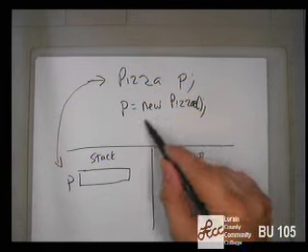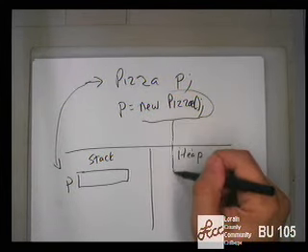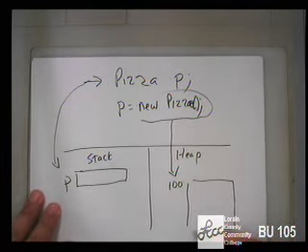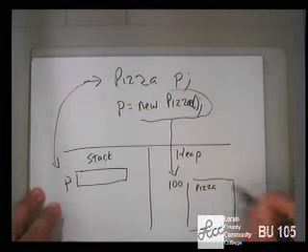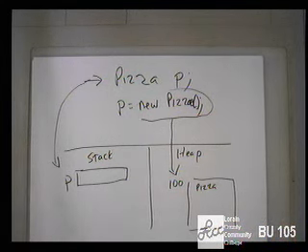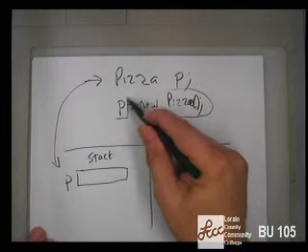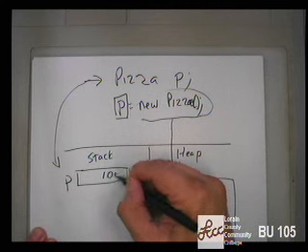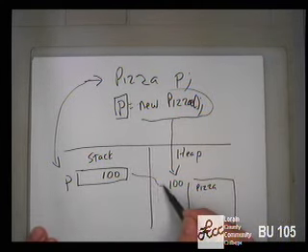P equals new pizza. The new pizza part goes and allocates the memory needed for the pizza object. Now, our pizza object is pretty small. It just contains a few things. But some of these objects could get really big. So memory allocation is a big deal. So by saying new pizza, that actually creates the pizza object on the heap. And if I say P equals new pizza, then P is going to get set to the memory location on the heap where that object lives.